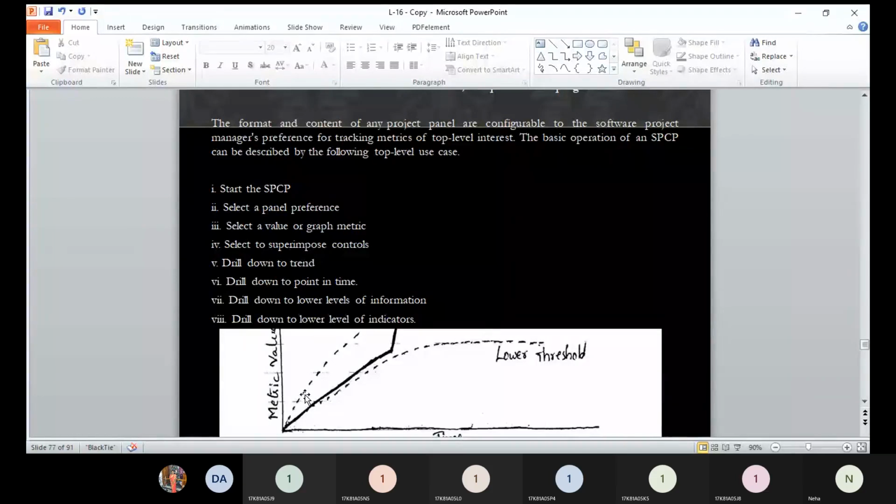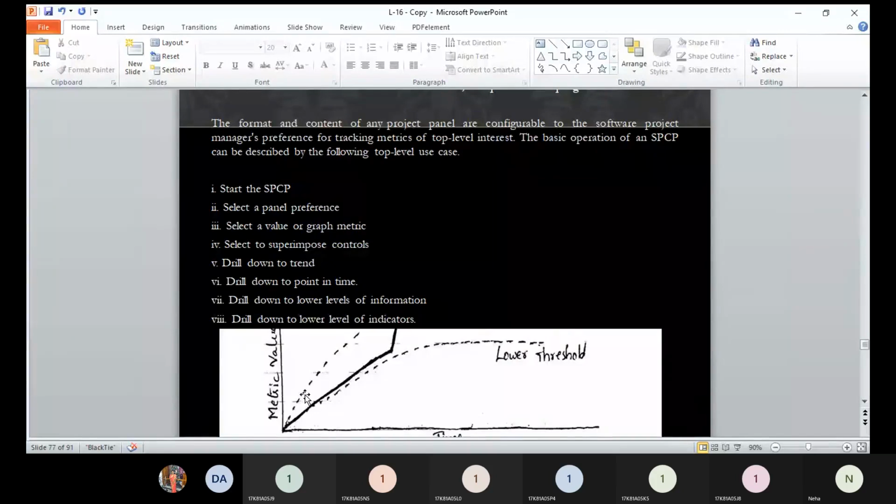Then next one, drill down to lower levels of information. That is the next level of information related to the thing that user is interested in. Okay, so that is the thing over here. Then next one, lower level of indicators.